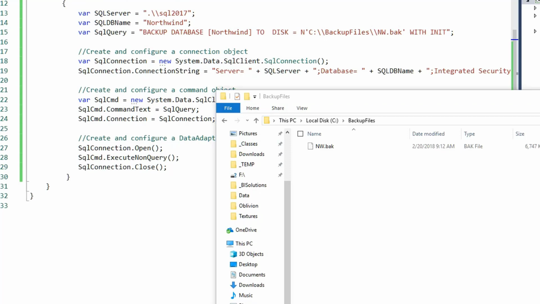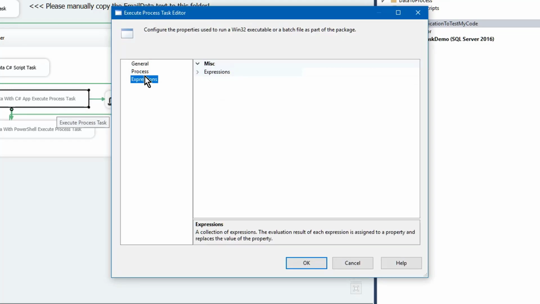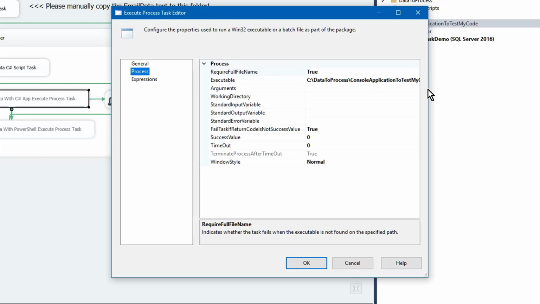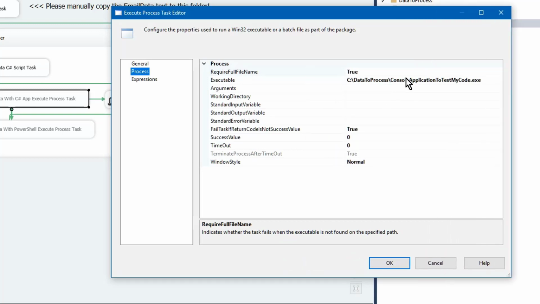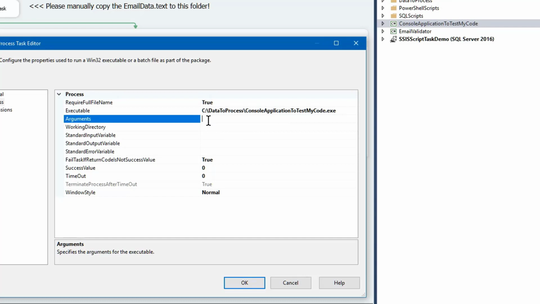I could go through and use an execute process task. An execute process task would point to my executable. So here is an example I made from a previous module in our course, where I create a console application that takes some data in a file and splits it into two text files. One has valid email addresses and one has invalid email addresses. Once I make that exe, I just go ahead and execute that exe. If I have arguments to pass in, such as the query I want to run or the name of the server, I just put it right there. Then we go ahead and run that. Now that would be in SSIS, but